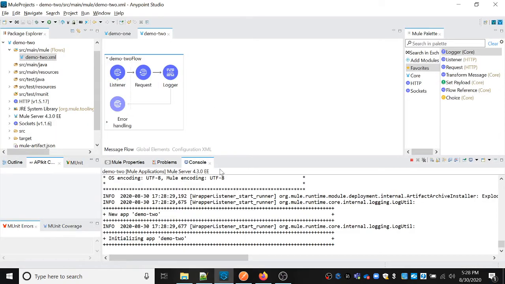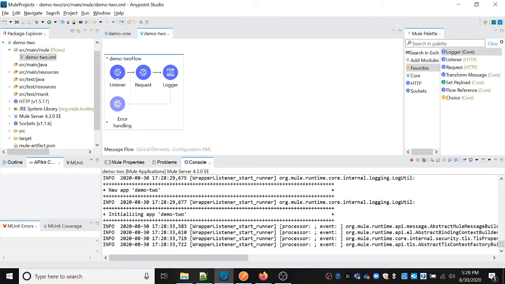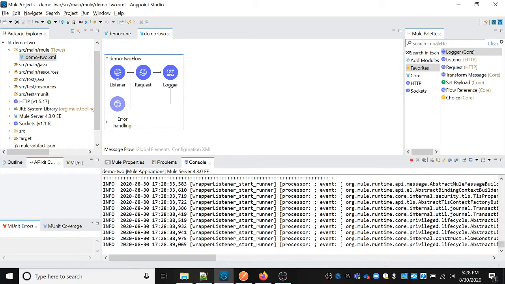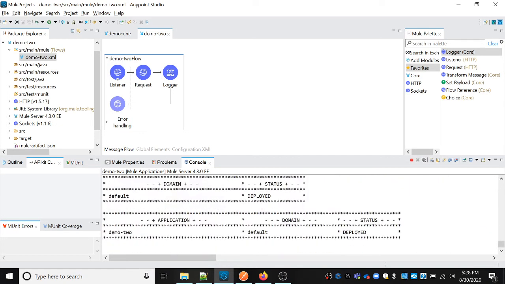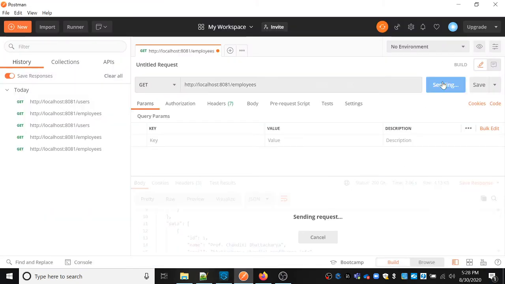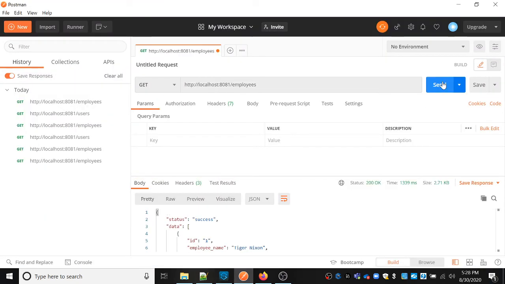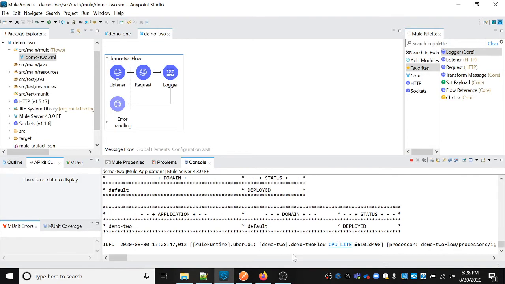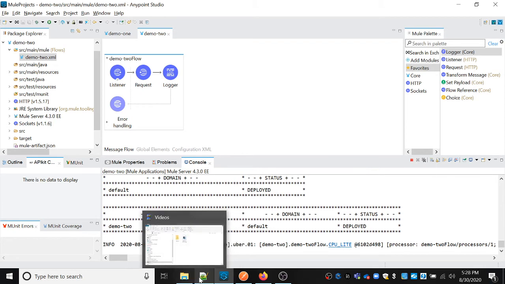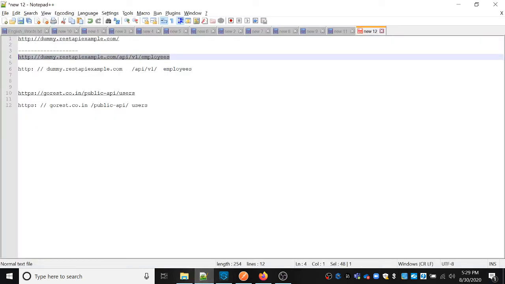Let me check whether it's deployed or not. Yeah, it's deploying. Yeah, it's deployed. Now I will check it. Yeah, now I got status 200, and here is the list of employees, right?